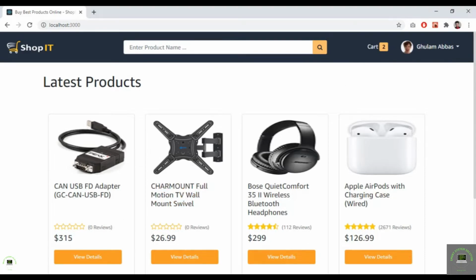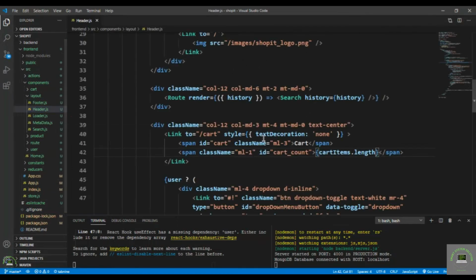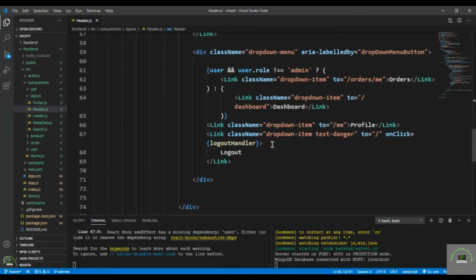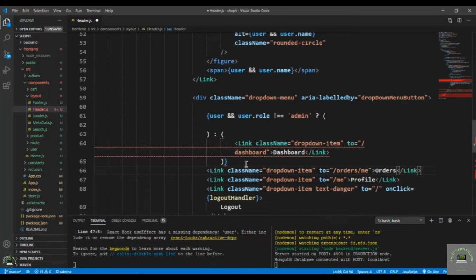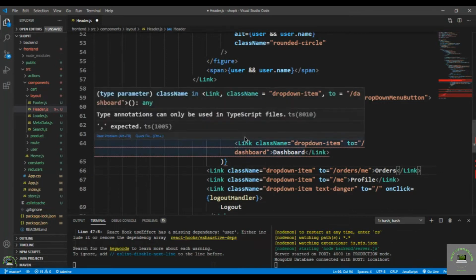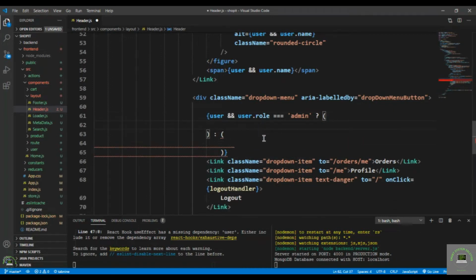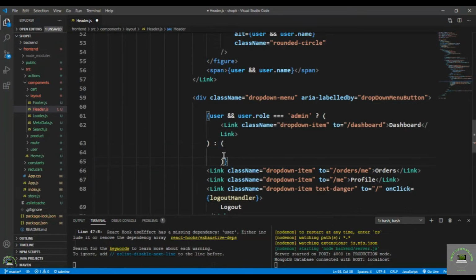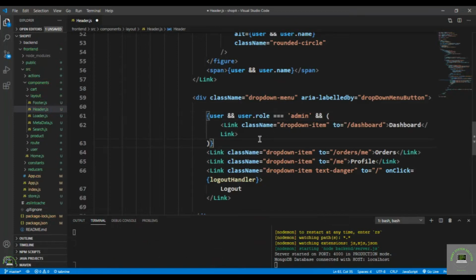So first of all, I simply go to my headers, layout, header.js, and here I simply cut this link from here, Control X, and put it with the other links right here. I will type here if user.role is equal to admin, then I have to display this link. Let's remove this one and also use the and, like this. If I simply save it,